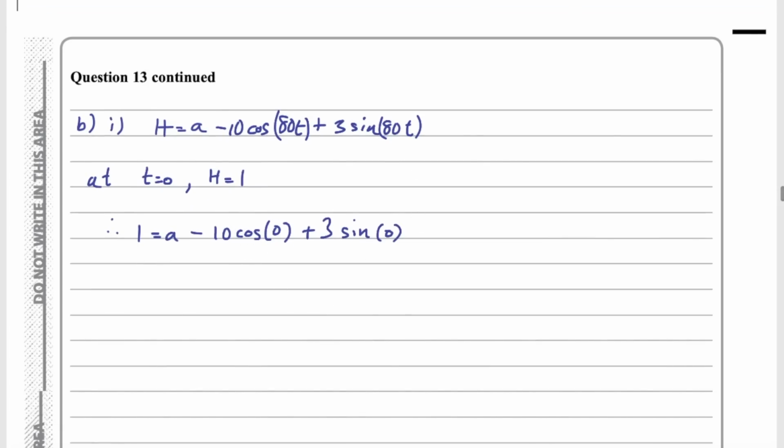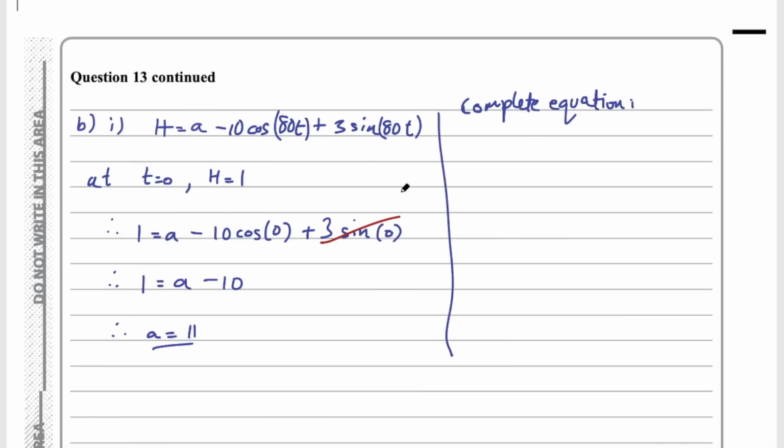The sine of 0 is 0, so that will cancel that part out. And we'll be left with 1 equal to a minus 10. So therefore a equals 11. So the complete equation, we'll have 11 substituted in for a, so that will look like this: h equal to 11 minus 10 cosine